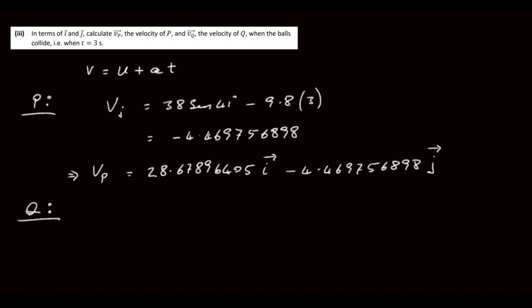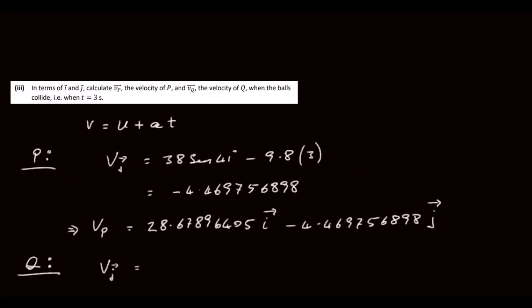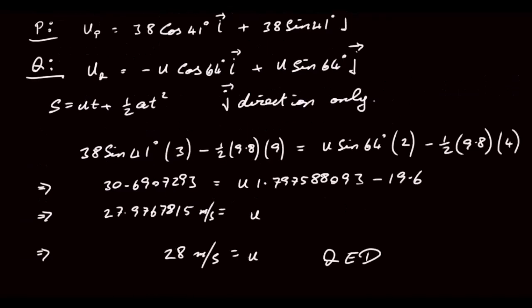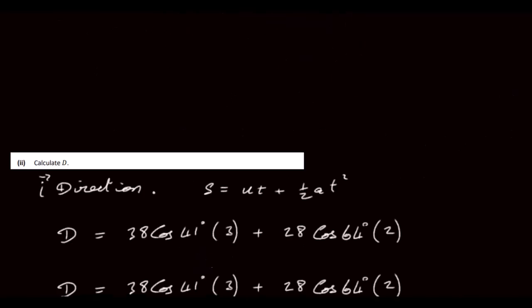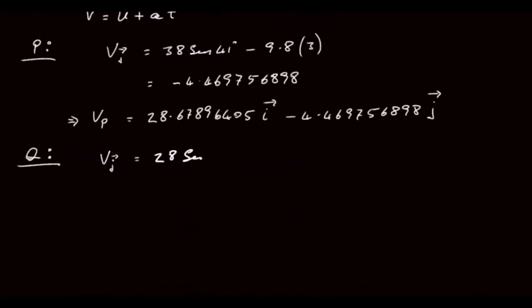So Q, same thing again. We want the velocity in the j direction. Velocity in the j direction here is going to be u plus at. The initial velocity for Q is 28 sine 64. We've worked out this is 28 sine 64 degrees. And again, it's minus 9.8, and it was traveling for 2 seconds. So when you work that out, you'll get